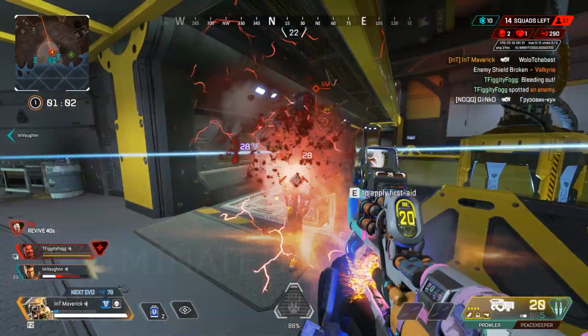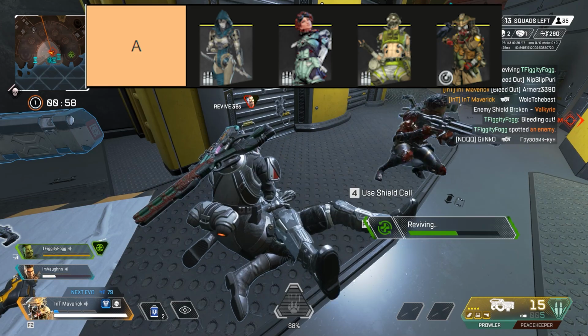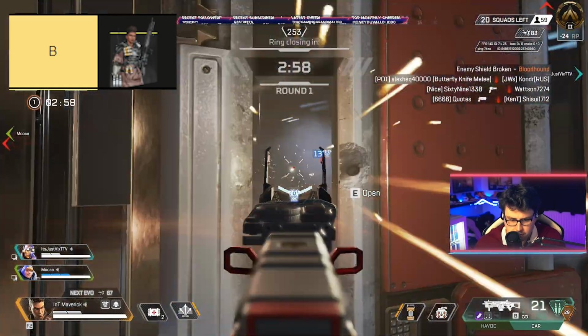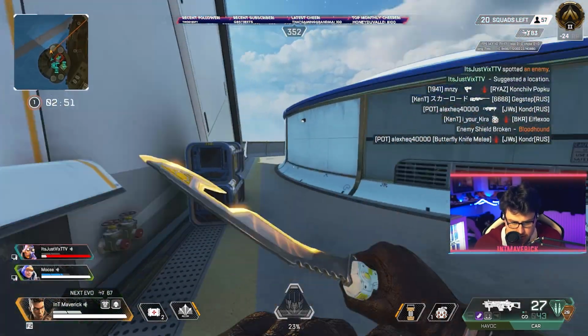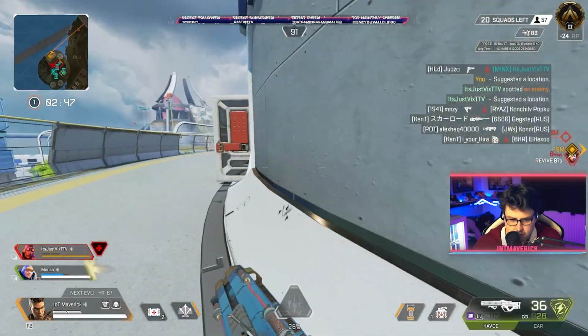So Bloodhound is in the A tier, and that does finish off the A tier, which consists of Ashe, Horizon, Octane, and Bloodhound. Now the B tier, now I had to put my girl on the B tier. I bumped her down from the A tier in Season 11, Season 10. I bumped her from the S tier. I really don't want to have to bump her down anymore. Please Respawn, fix